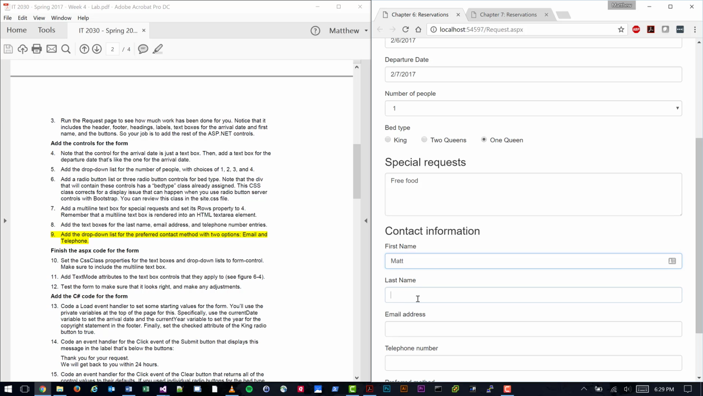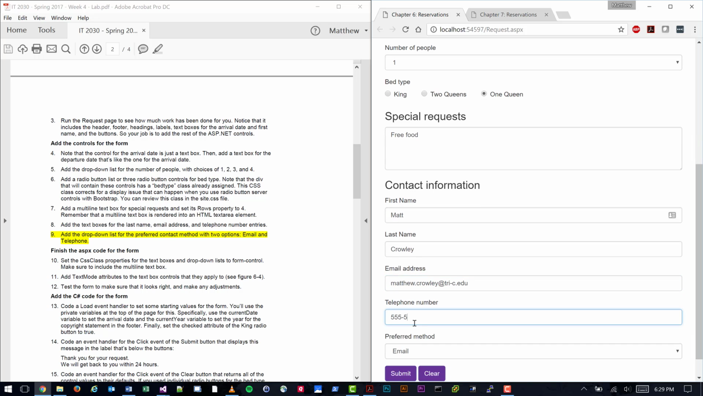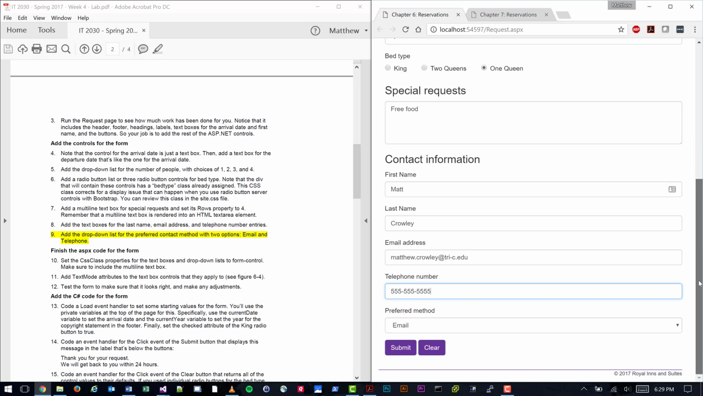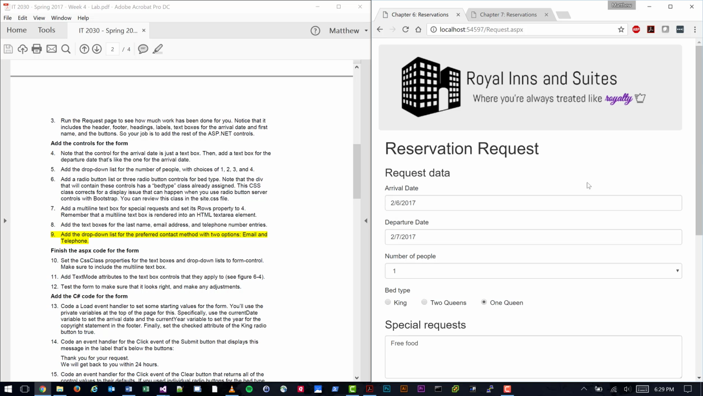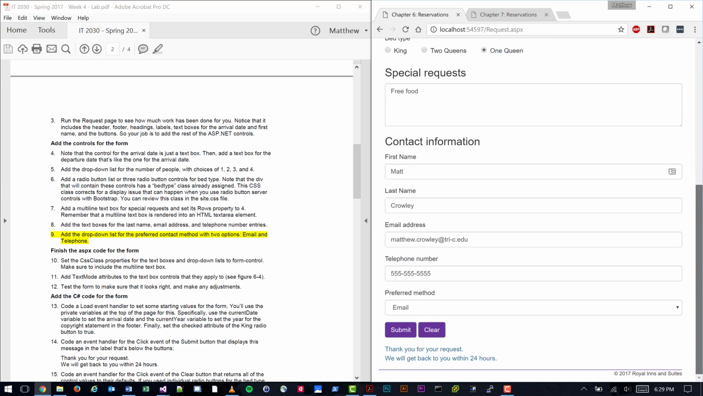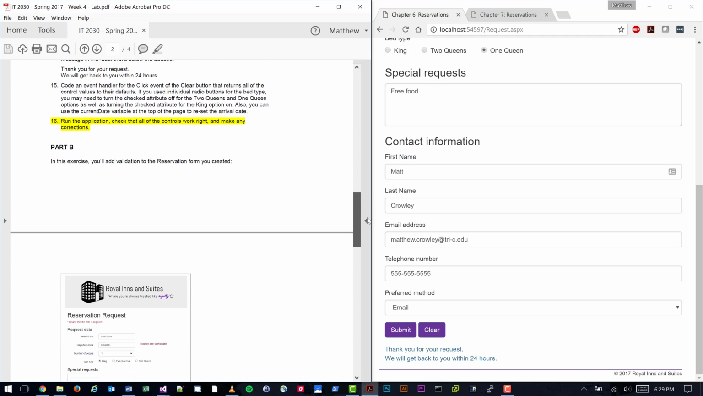Matt Crowley. Email address. And a telephone number. And preferred method is, I'll just keep his email and I'll hit submit. And we'll see at the very bottom we get thank you for your request, and we will get back to you within 24 hours. So that is the first part of the lab, and in the second part, part B,